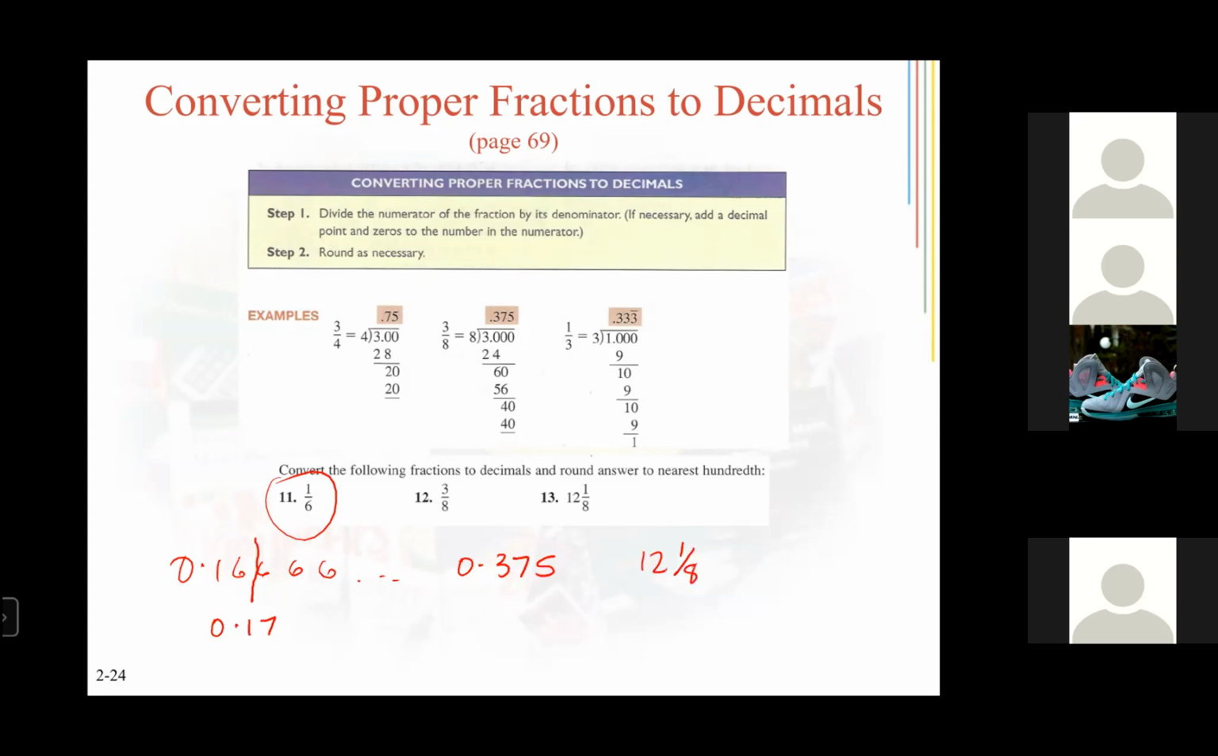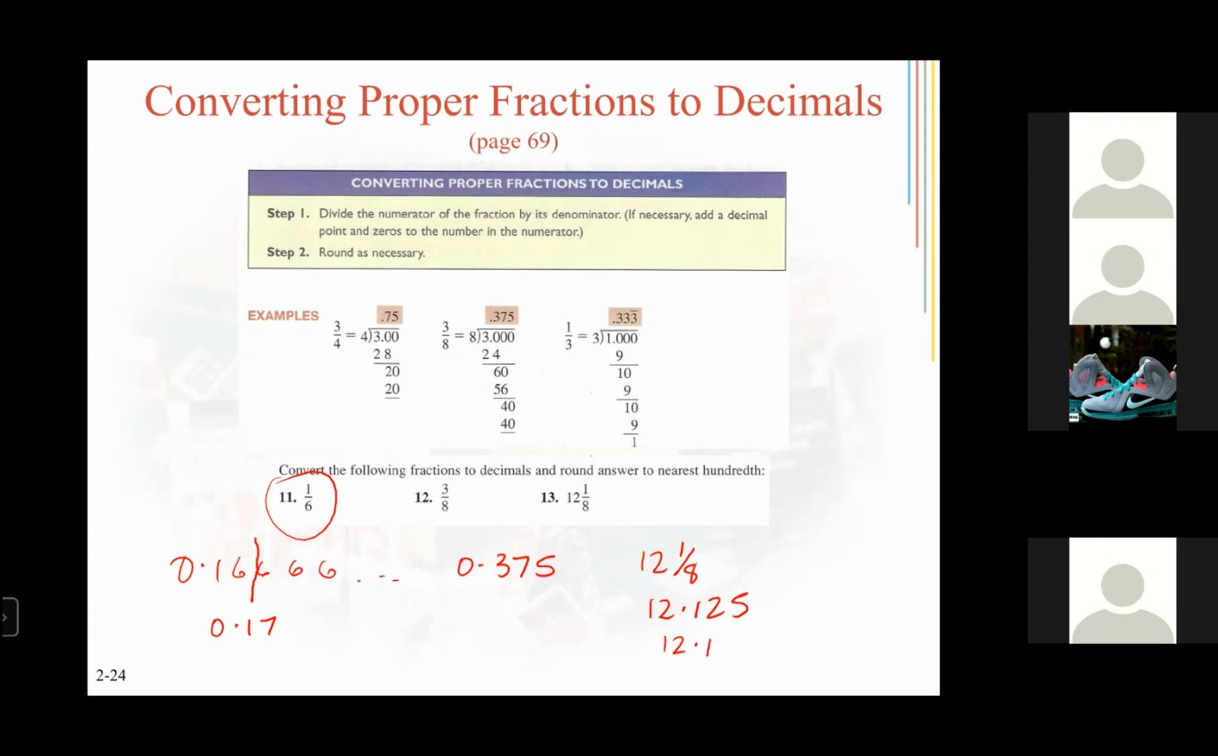12 1/8, changing that to a decimal. You just have to divide the 1 by the 8. And what do you get when you divide the 1 by the 8? 0.125. Okay, so that's 12.125. But now they want it to the nearest hundredth. So that would be